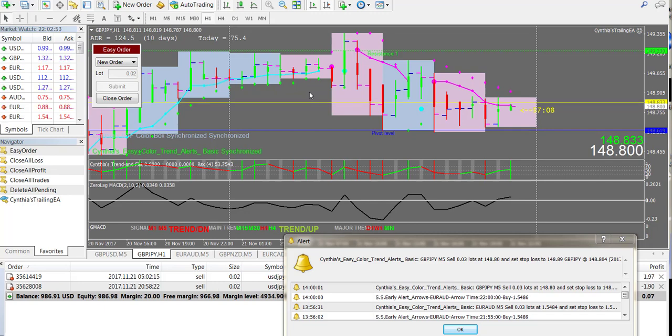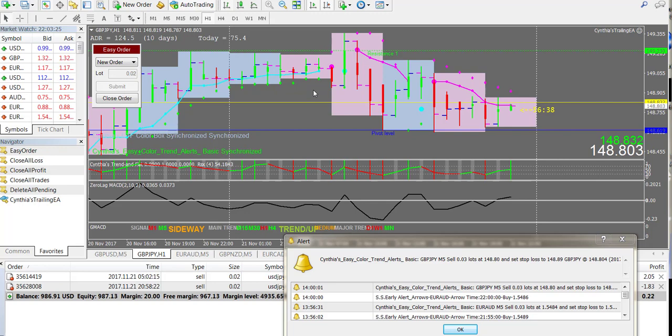However, retracements are such a reality of Forex trading that if I want this to be set and forget, I definitely am using the trailing EA because I want it to manage my trade. I don't want to be sitting here or checking back like a nervous Nelly every 15 minutes to see what my trade's doing and worrying about getting stopped out. If I have a 3 to 1 risk to reward ratio, the trade can run,